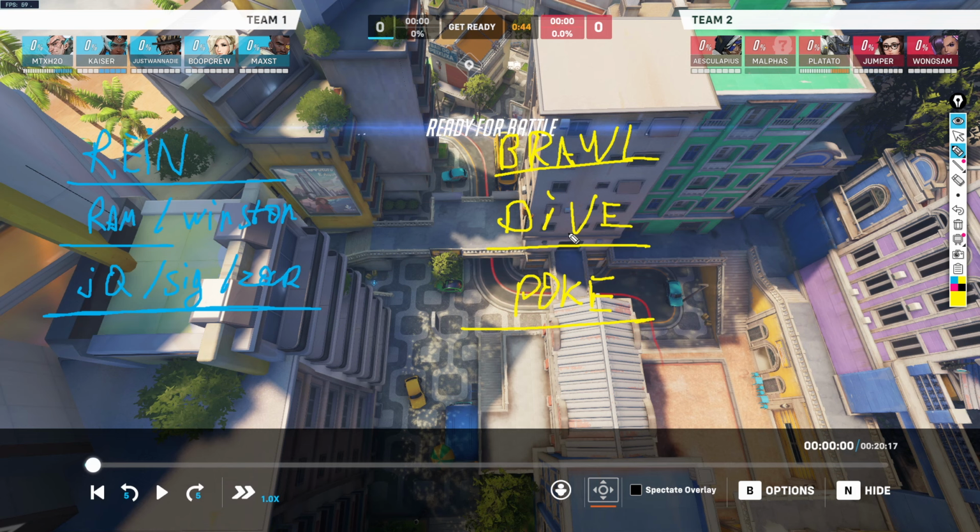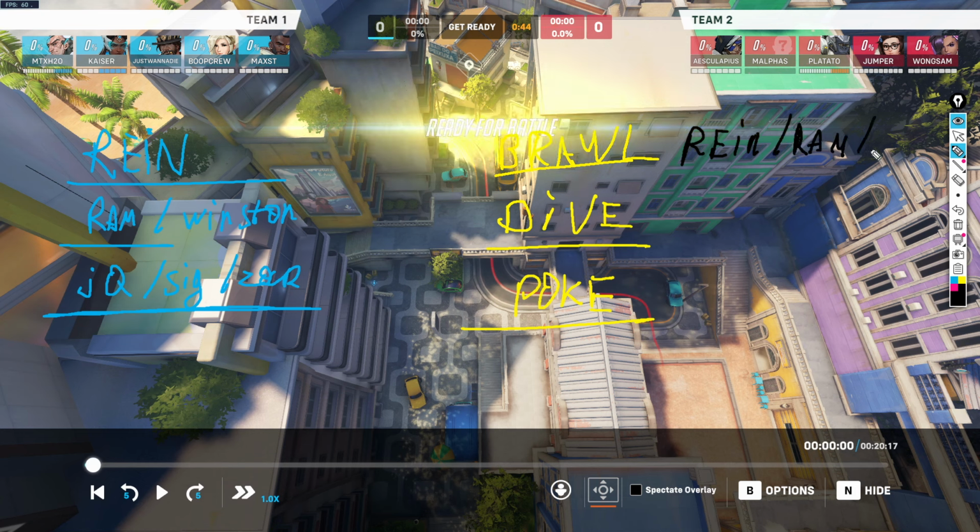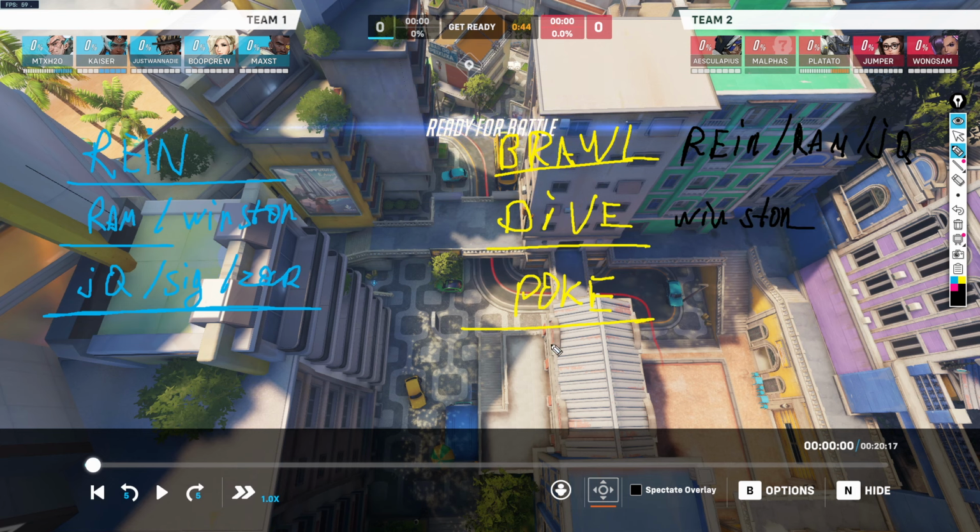That is something you can think about. For brawl tanks, you already have three in your hero pool, which would be Reinhardt, Ramatra, and Junker Queen. So if we write this down, it's Rein, Ram, and Junker Queen. And for the dive category, you actually have Winston. Yeah, so that is good. However, there's a little bit of a problem. We don't have an exact...